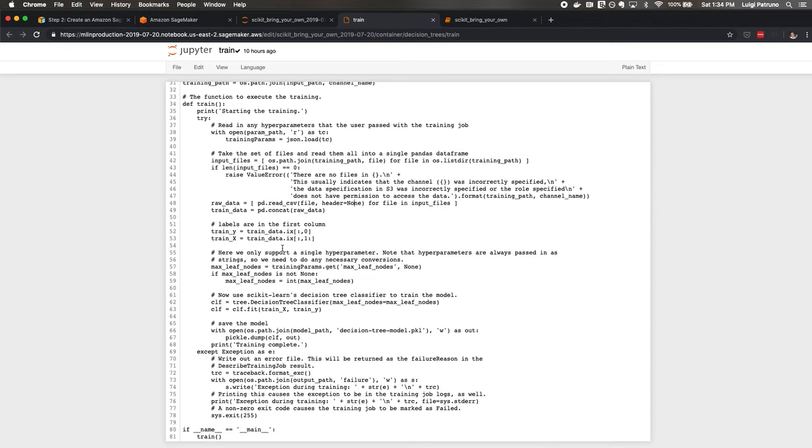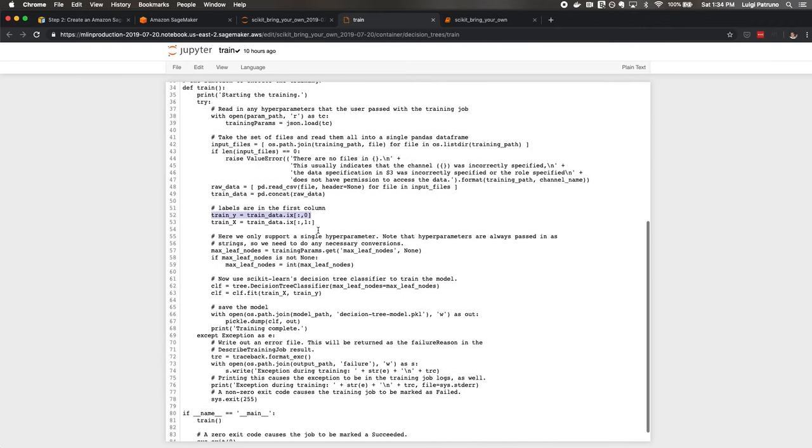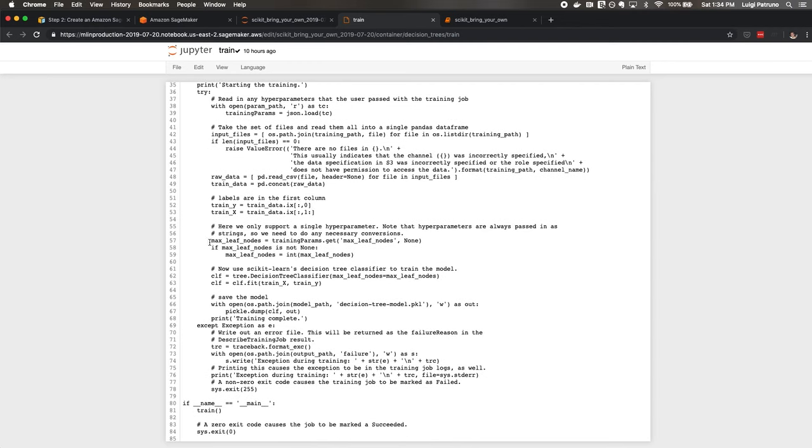We then specify the NumPy arrays for the training data X and for the target label Y. We retrieve some hyperparameters from the training params dictionary that we get by loading in the config to the training